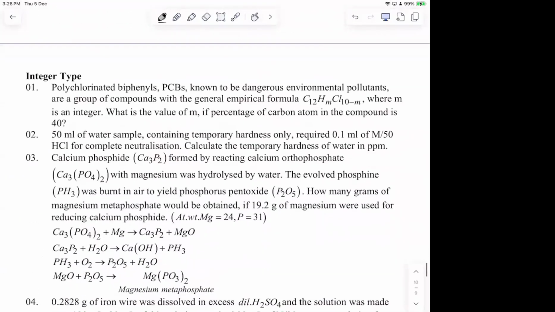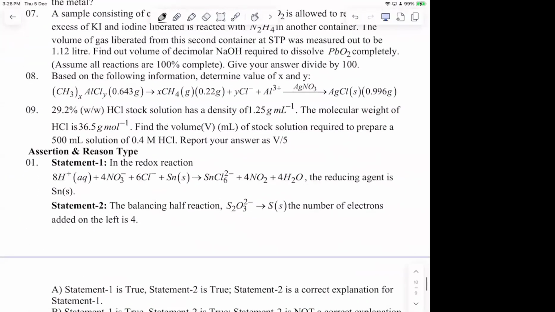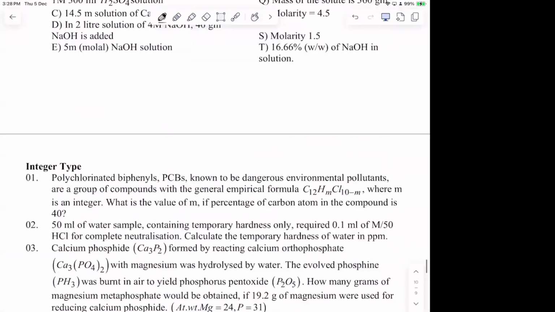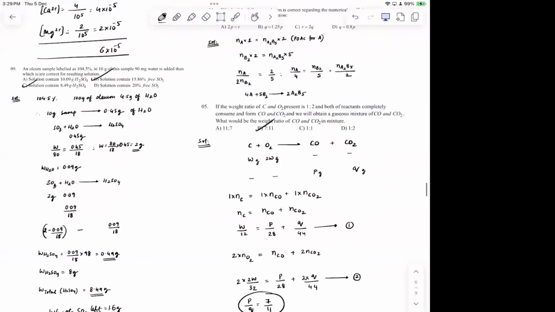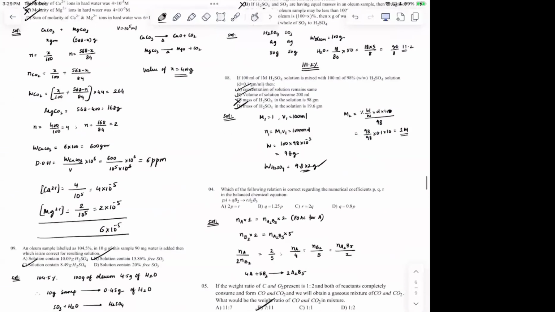Please try the rest of the questions, everybody. If you have any issue in a particular question, please put me a message. Got it? If you want, I can write the solution and send it to you. But meanwhile, please touch on the variety. I hope you understood how we are trying to figure out different types of questions and how to solve them. So please touch more on the variety of the questions. If a lot of students have asked doubts, okay,